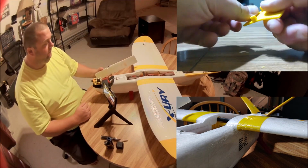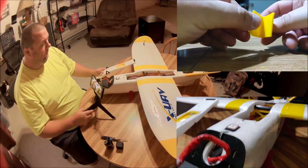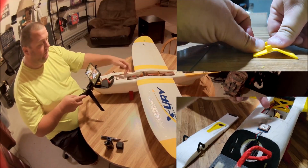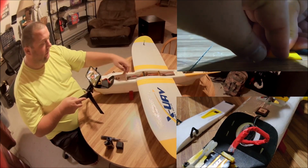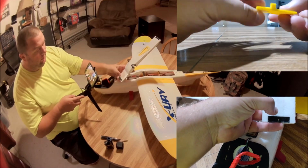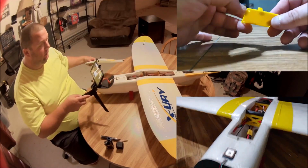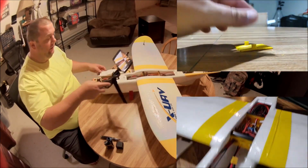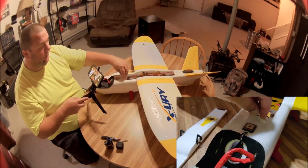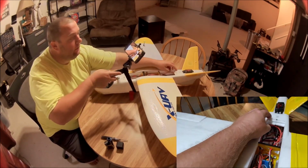The only other modifications I really made to this airframe are I used the original hardware here. So what you're supposed to do is there's supposed to be a board down under here, and this is supposed to go through the top, through this right here, and screw in, which is ridiculous, you know, on both sides. They get the same in the back. So what I did was I moved that piece of wood forward, put the screw through, and attached this servo horn in the front and the back,